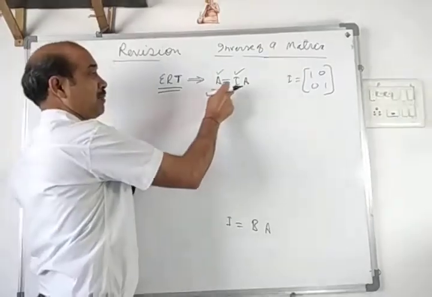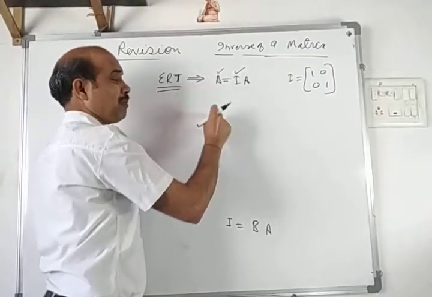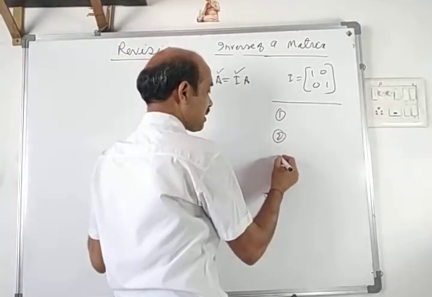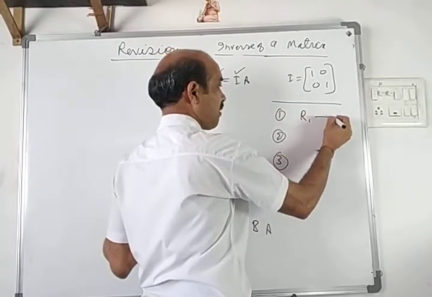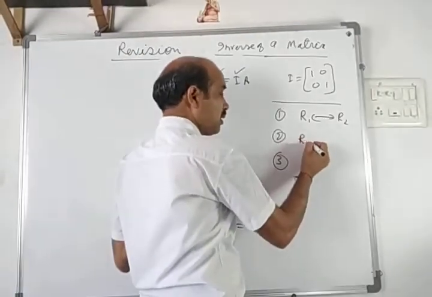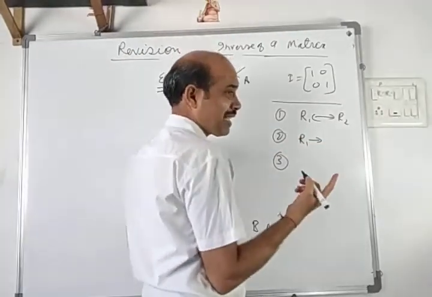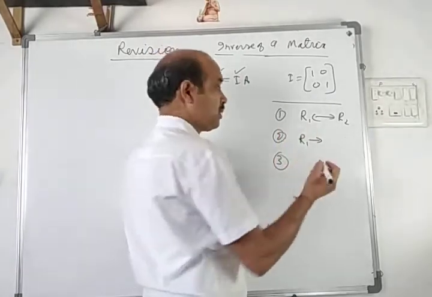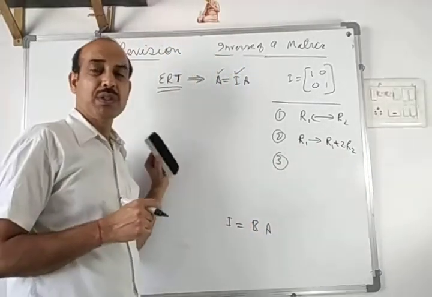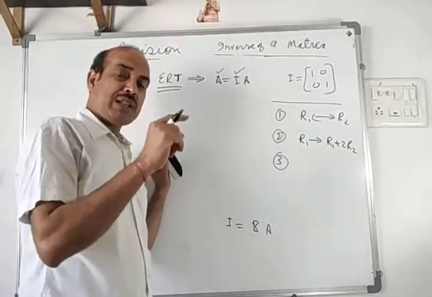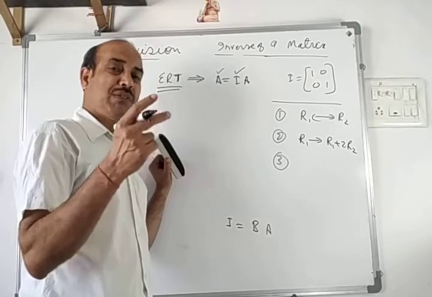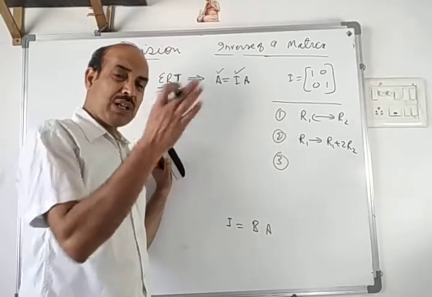So now we are applying some operations, and there are only three operations which you can use in the elementary method. First, interchanging of any two rows. Second, you can add or subtract any row to any other row. So R1 changes to R1 plus 2R2. This is an example I am giving you. You can multiply all the elements of any row by any non-zero number, or you can divide also by a non-zero number, and then you can add or subtract to any other row.